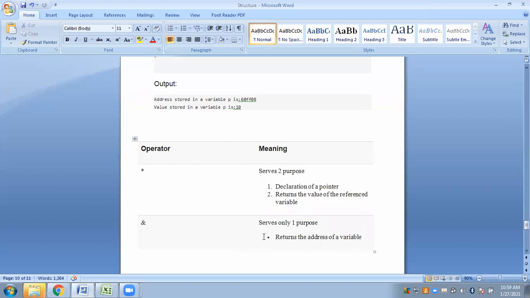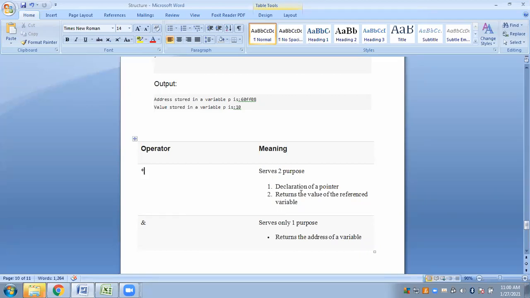We have two operators in pointers that you have seen. We have already used the ampersand operator, you know this. It returns the address of a variable. And what is this asterisk actually? It has two purposes. First, it is used to declare a pointer. Otherwise the pointer variable name and an ordinary variable name would look the same, so to differentiate between the two, we add an asterisk just before the pointer variable name.